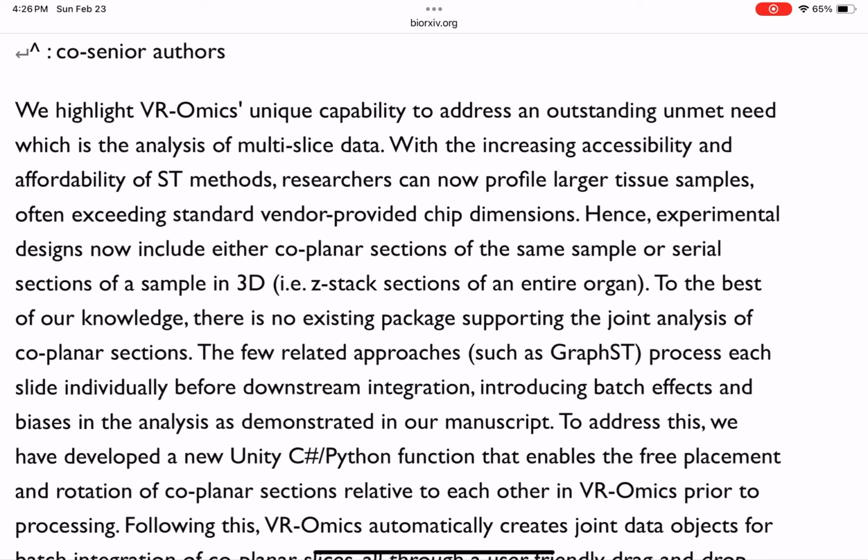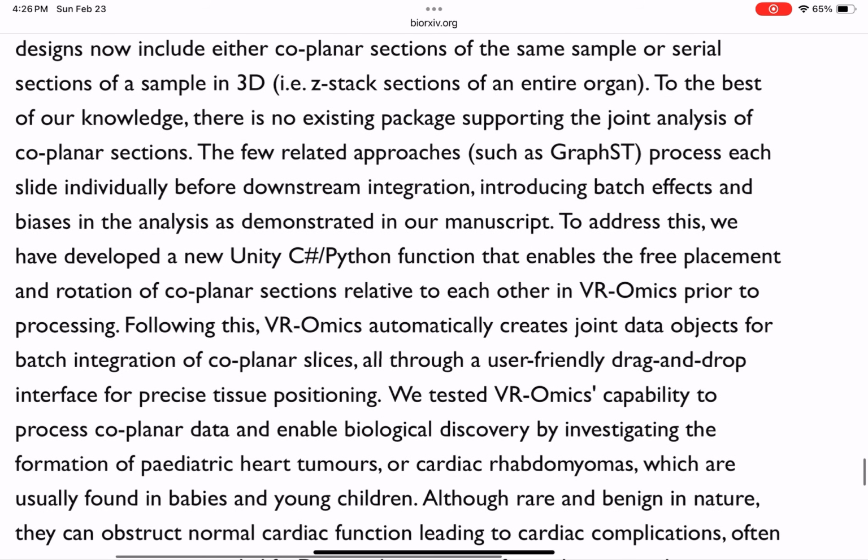The few related approaches, such as Graph-ST, process each slide individually before downstream integration, introducing batch effects and biases in the analysis, as demonstrated in our manuscript. To address this, we have developed a new Unity C#/Python function that enables the free placement and rotation of coplanar sections relative to each other in VR-Omics prior to processing. Following this, VR-Omics automatically creates joint data objects for batch integration of coplanar slices, all through a user-friendly drag-and-drop interface